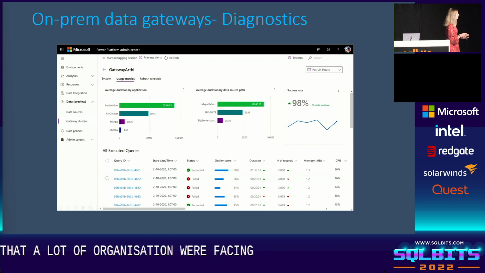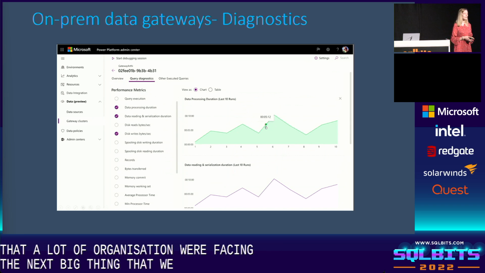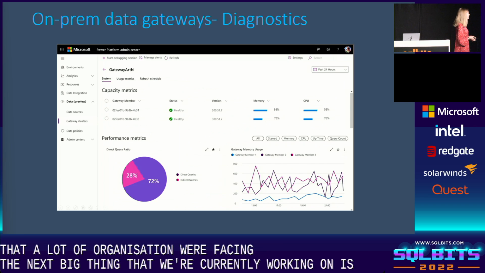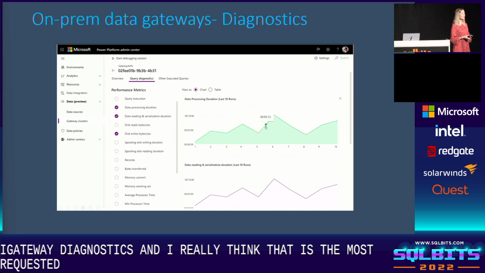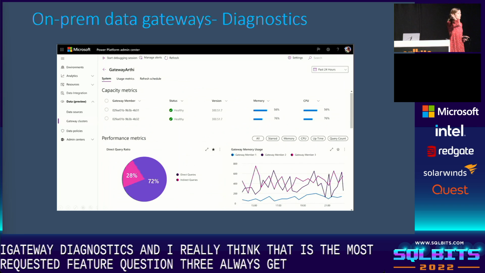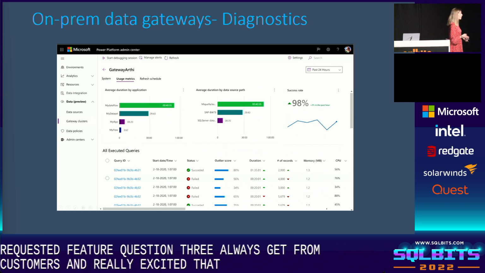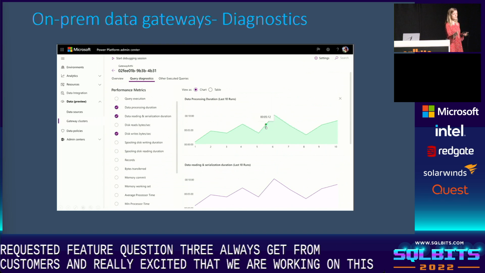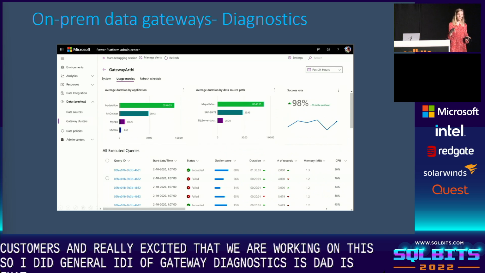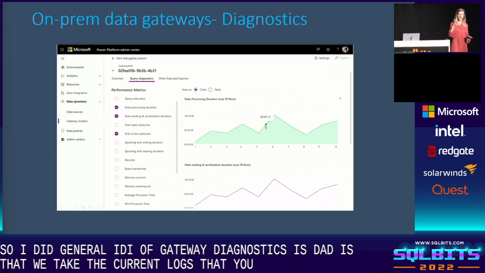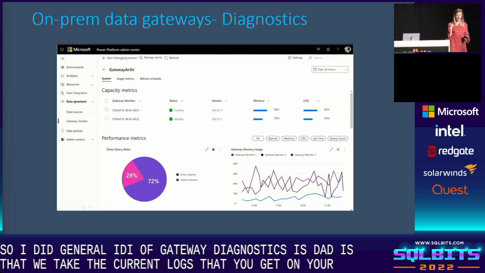The next big thing that we're currently working on is gateway diagnostics, and I really think that this is the most requested feature we always get questions about from customers. So I'm really excited that we are working on this. So the general idea of gateway diagnostics is that we take the current logs that you get on your gateway service today,